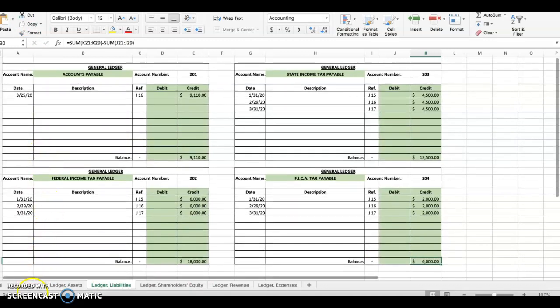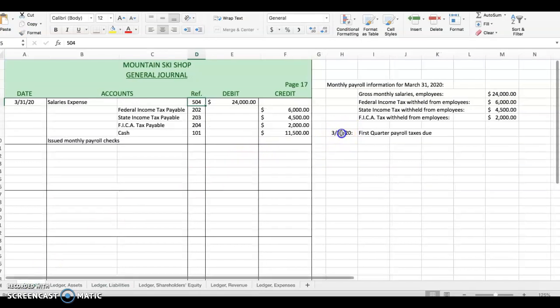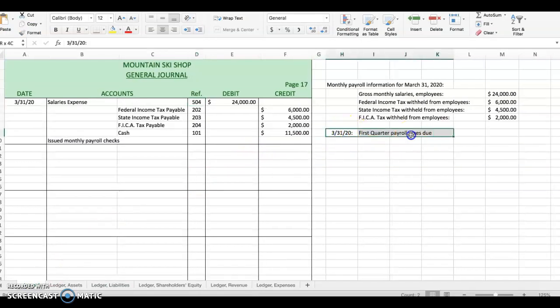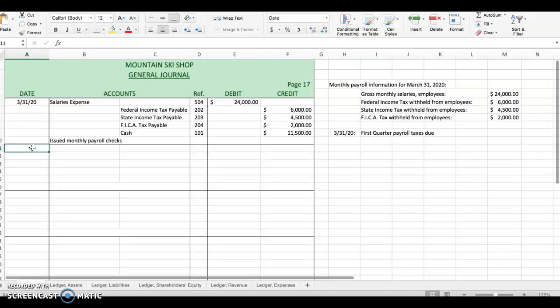So now let's go back to the journal, and we will look at this part of the problem. This is the real issue with this video. We made the payroll entry, and we did an entry that looks just like this. We did this at the end of each month. These are monthly payrolls, and they were posted, as we just saw, at the end of each month. And now we need to pay the first quarter payroll, and the first one we will pay on this date